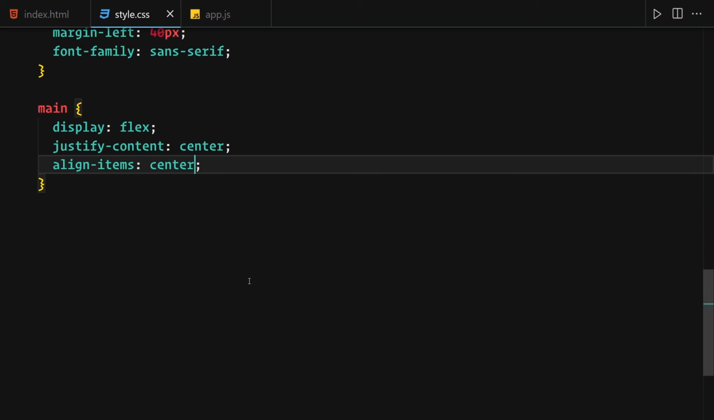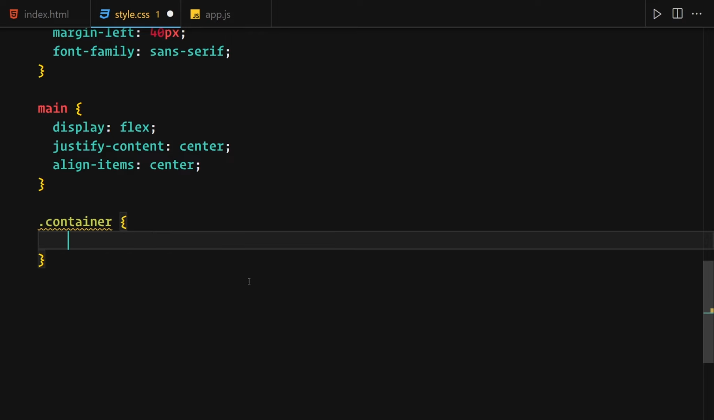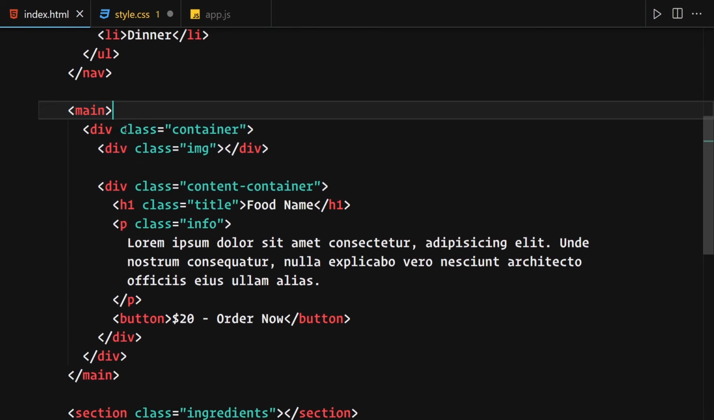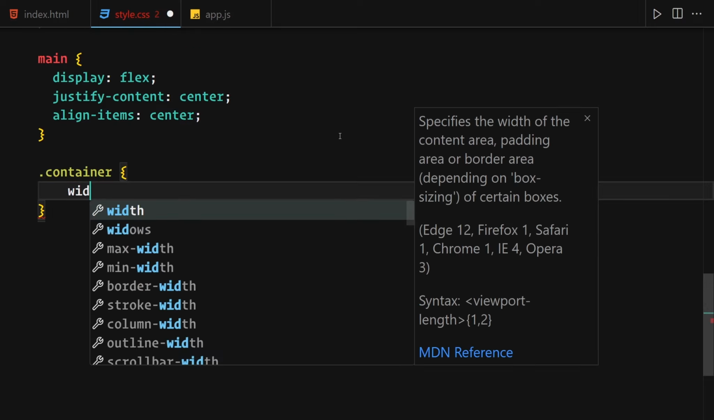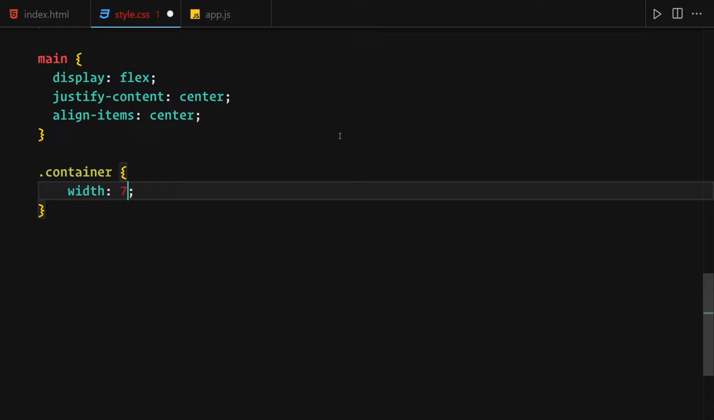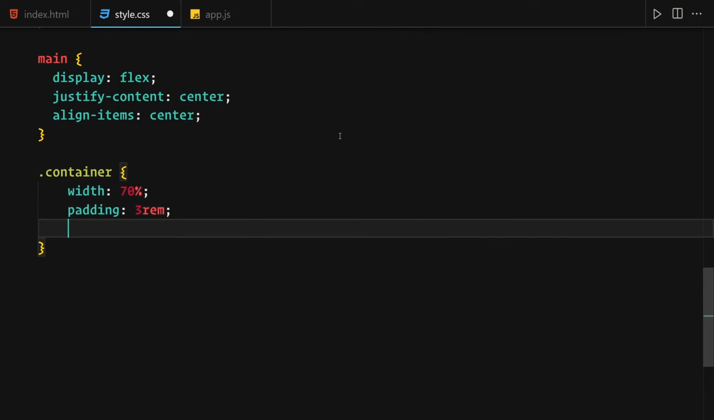Alright, that's looking cool. Now let me take care of the container which we've created inside this main area, which is this container right here. I'm going to provide a width of 70%, and the padding will be 3 rems. Box shadow, I'm going to change to 10 pixel, 40 pixel, 5 pixel, and then